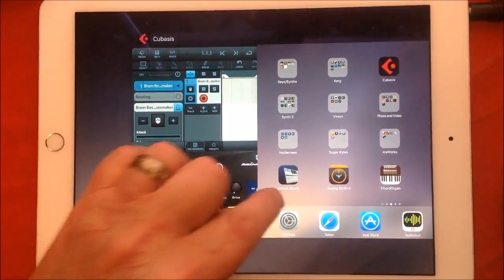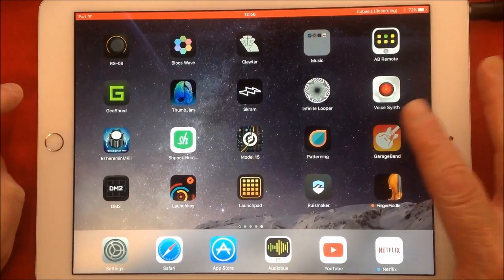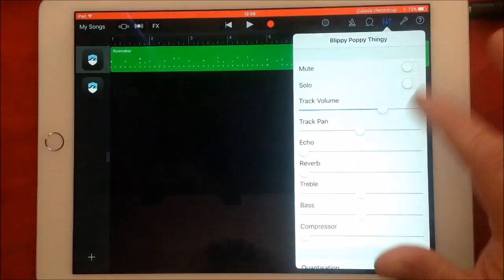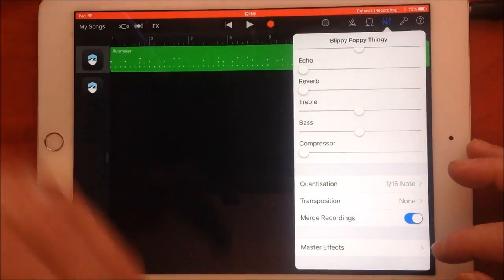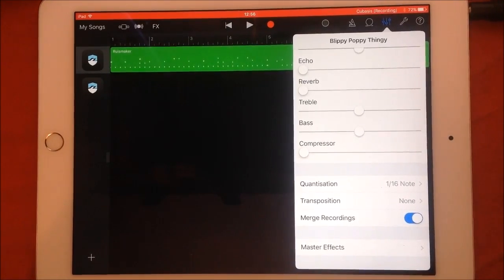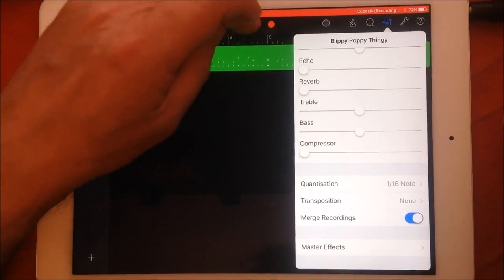Please remember those tips in Garageband, because they'll make your life a load easier. Remember that whatever you're working on, if you want to overdub the recording, make sure merge switch is on. If you want it automatically quantized as you're recording, make sure that you have quantize set to the thing that you want. And of course,